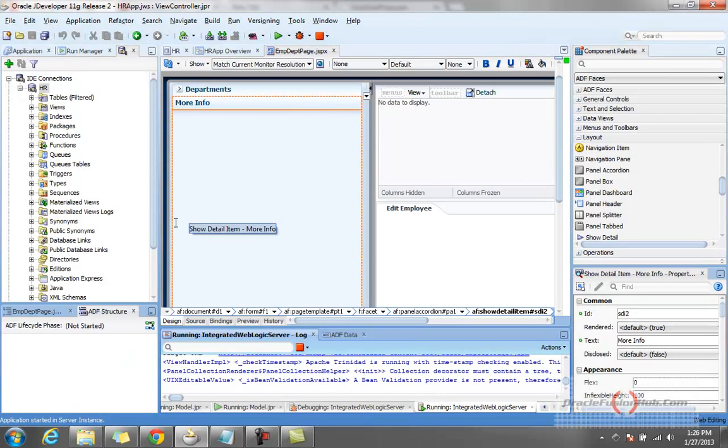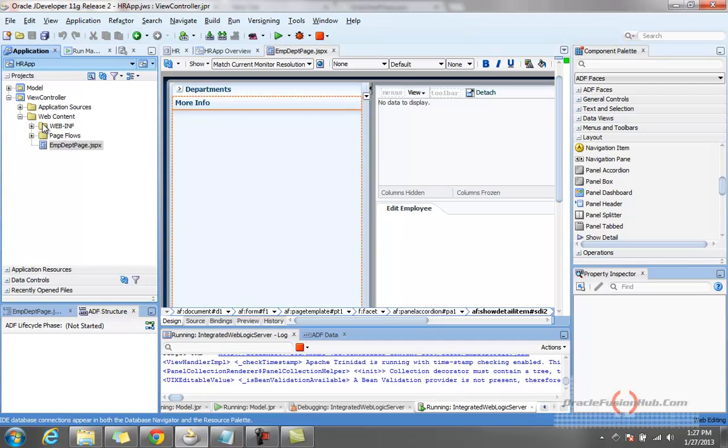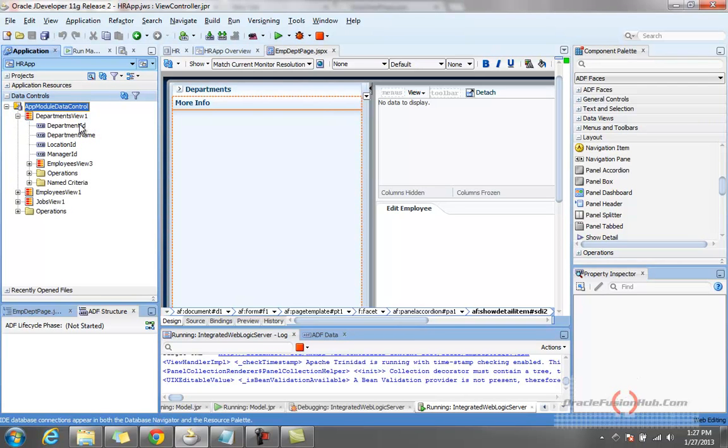So now let us add bindings for these pages so that our pages will have data in them. How do we do that? Go to the application navigator. You have these data controls here. Just click on this, refresh it, and for all the business services, these data bindings get created. Now open this departments view and see, you have all the bindings that are created here. So just click on the departments view